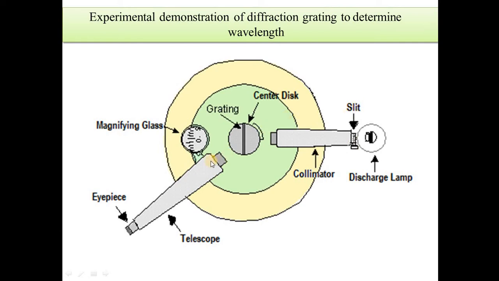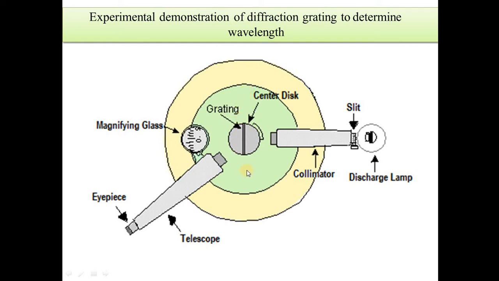Then what you have to do first is, for determining the wavelength of the light using a diffraction grating, we should do the experiment, that is, set the experiment in the normal incidence position. That is, we'll have to keep the grating placed on this table, which is generally the vernier table and the grating table.